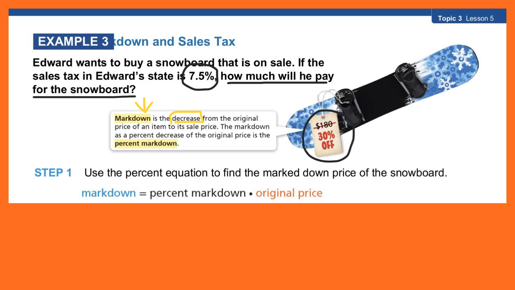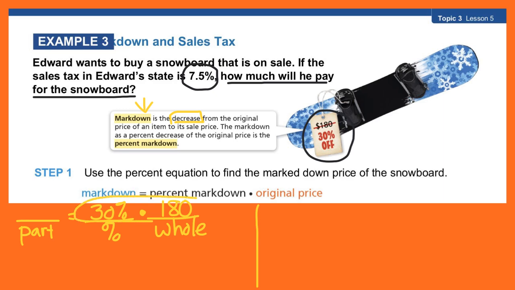All right, so this is a multi-step problem. So I'm going to put a little divider right here. All right, we're going to do the part. We're going to do the percent. We're going to do the whole. Okay, so I know it's 30% off of $180. So these are on the same side of the equal sign. I'm going to multiply them. 30% times 180 is